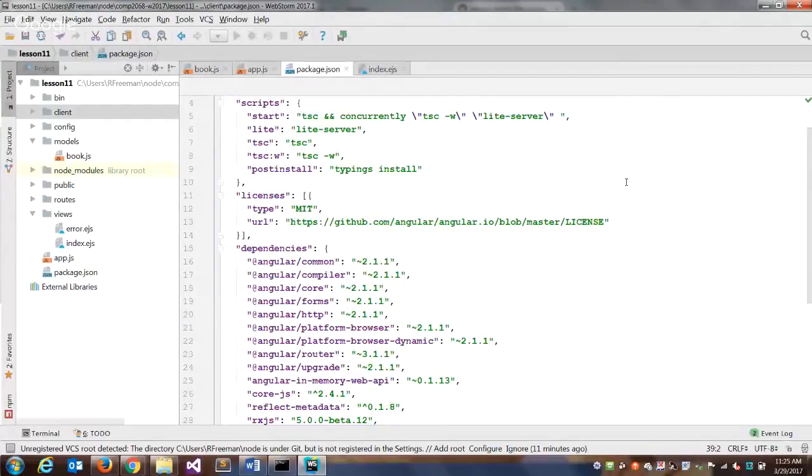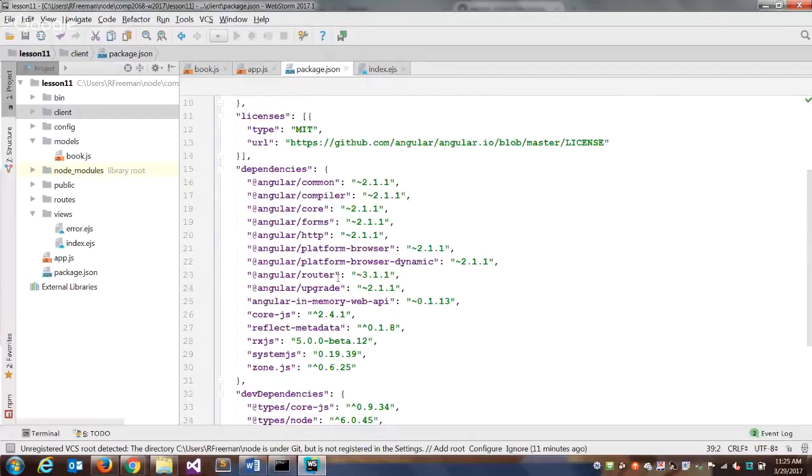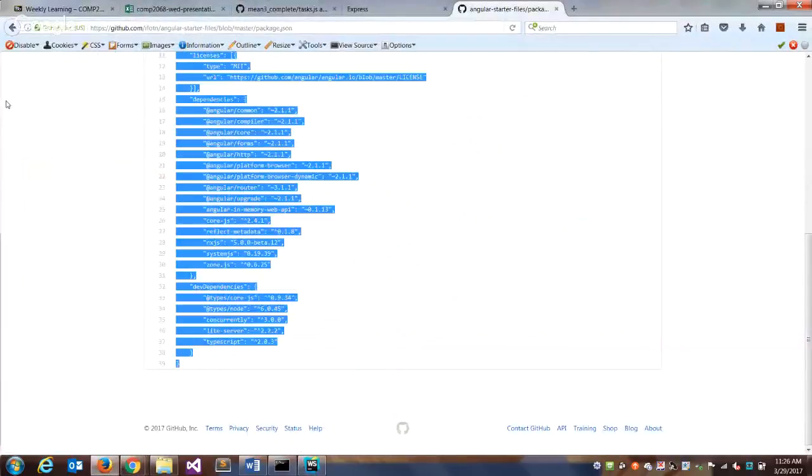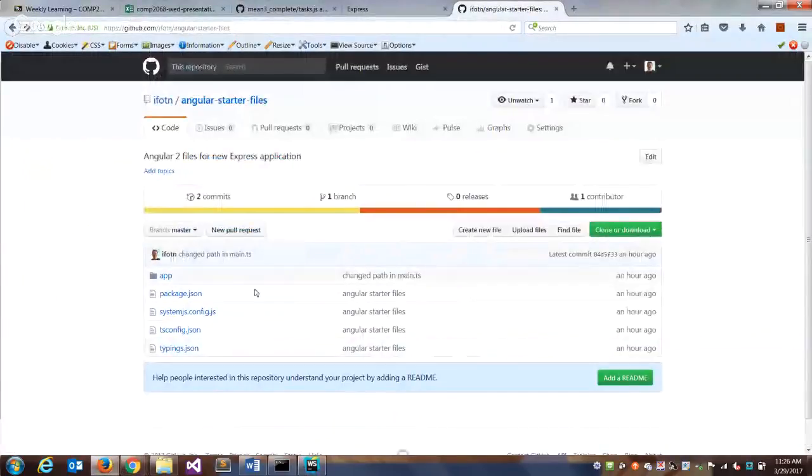So here are the dependencies that it's going to install, because we're going to need most of these dependencies for our application. Angular core, HTTP, forms. So we'll save that one. And we want these